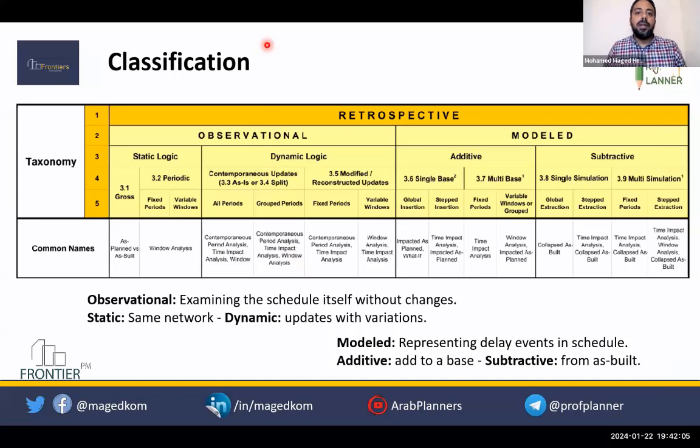Up to now, I finished the introduction and the classification. If there is any question, you can drop it in the chat box or raise your hand. In the upcoming lectures, we'll go into details in all these references one by one, starting from the AACE recommended practice, to the site of construction law, to the full lecture on concurrent delay and approaches of delay analysis, and how to prepare a full extension of time claim.